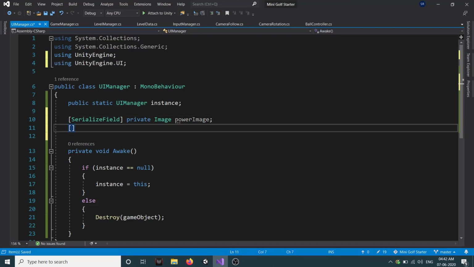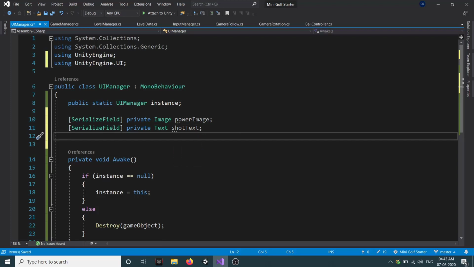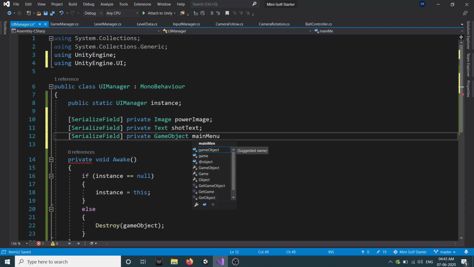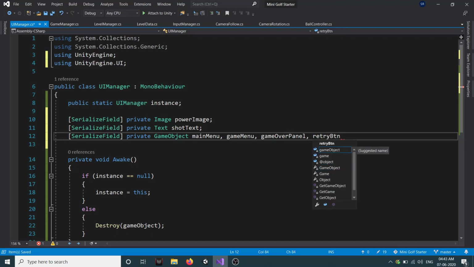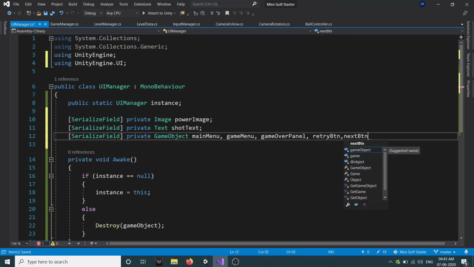Then we need a serialize field private text, and this will show our short text. Then we need a serialize field private game object. So we know we have a few game objects to activate and deactivate. So first is main menu, then game menu, then game over panel, then our retry button and our next button.